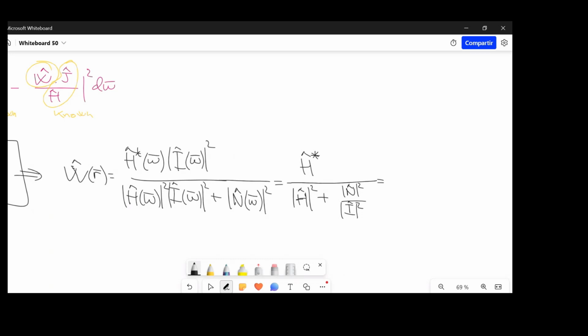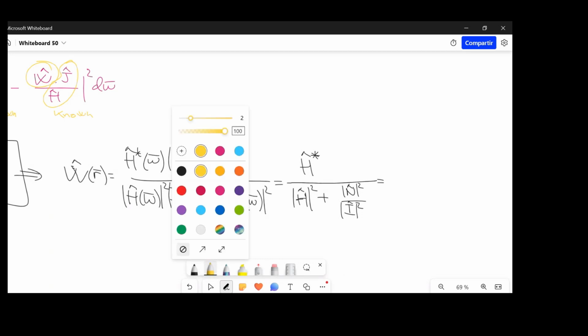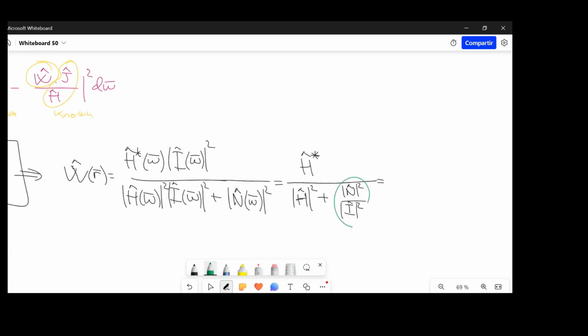Now we realize that this term here is one over the signal to noise ratio. So now we can write the image as